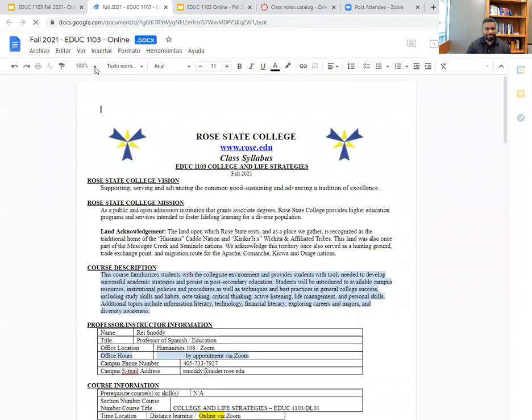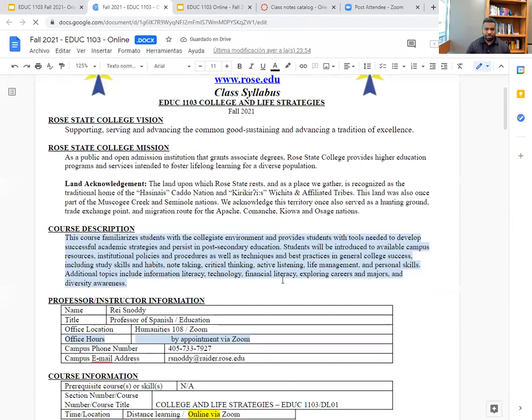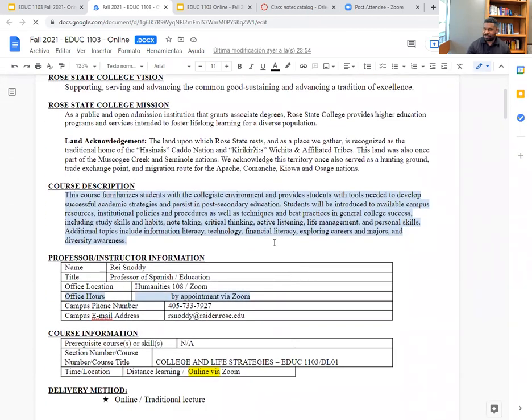So I want to make sure that everyone has a good description or a good idea of what the course is about. You can read through this, and basically I'll say that the course is about you becoming a professional or a really consistent, integrous student. It's easy to hit the target once you know where the target is or what target you're trying to hit. It's easy to hit the goal. So we want to tell you what the goal is, and what you see here is